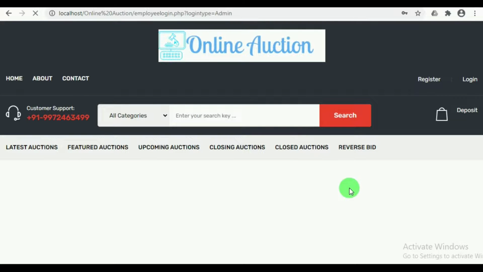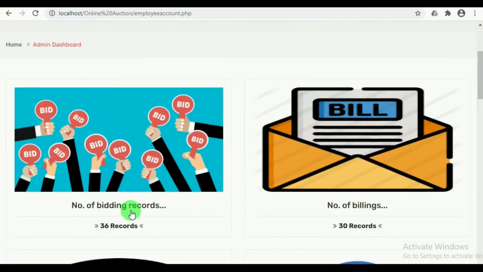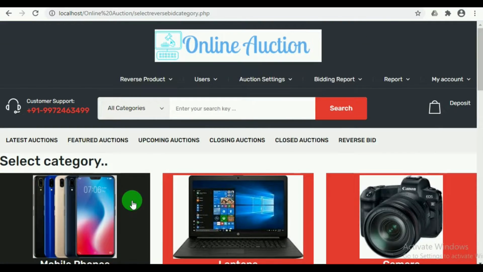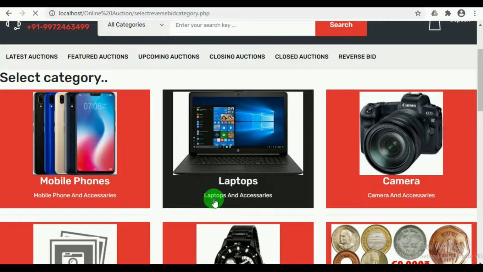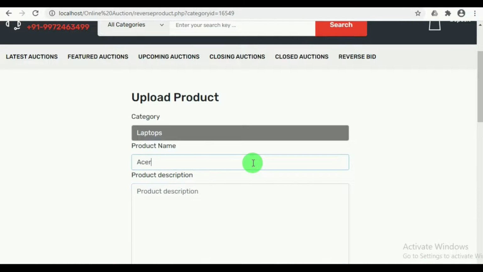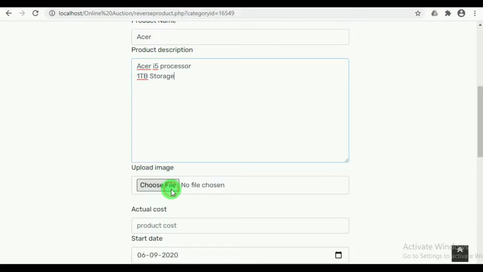Once the admin logs in, under reverse product, admin can add the product, and to add the product, admin must select the category, and on selecting the category, the product name, product description, the product description must include various features and characteristics of the product, and the product image.